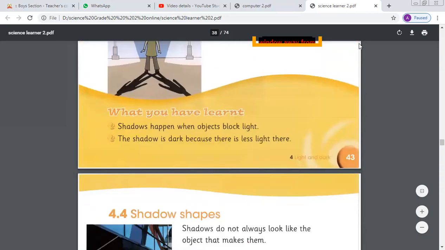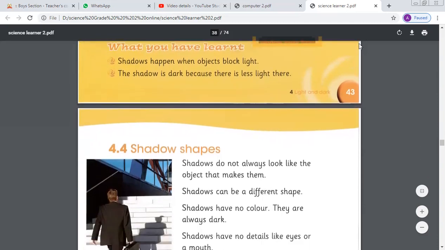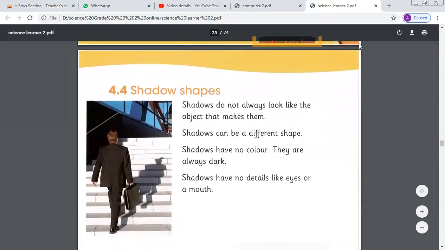Shadows have different sizes during the different times of the day, and the size of the shadow is also different according to the position of the object and the source of light. Okay, now